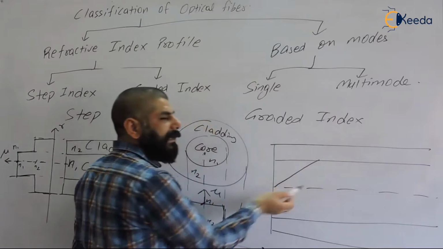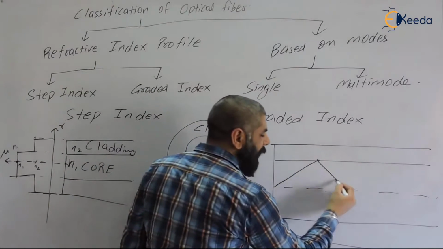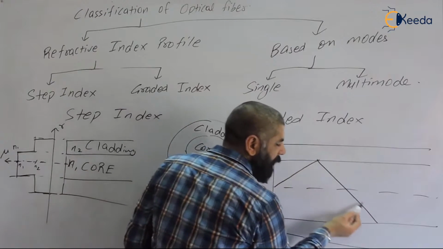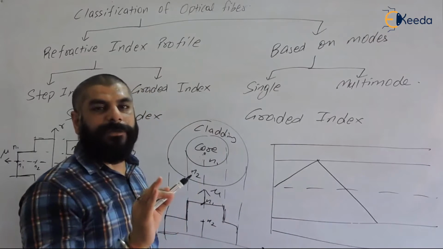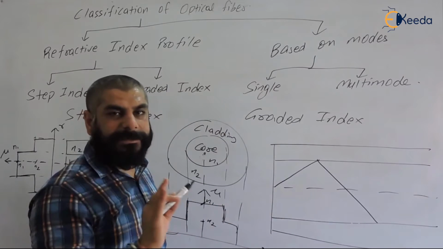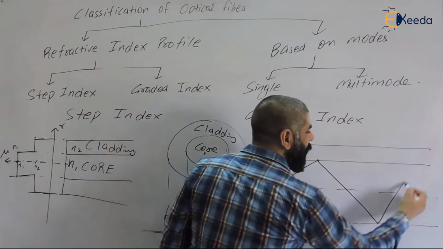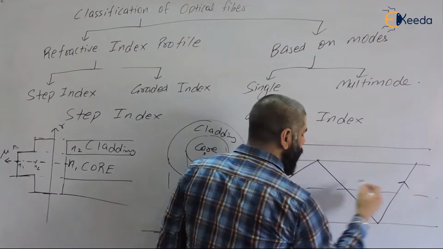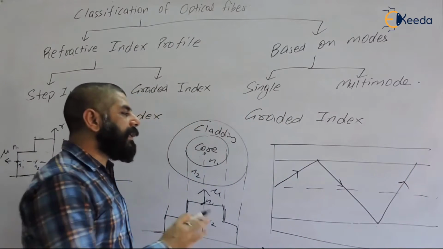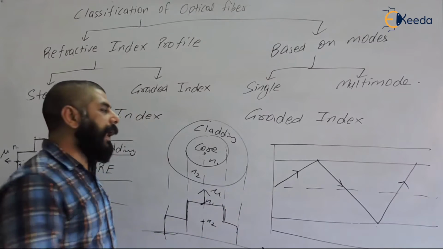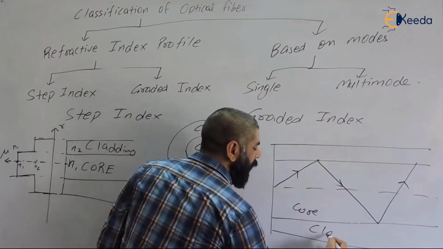But at the core cladding interface, we know that total internal reflection takes place. So it will bend in the same medium, and again it will travel in a straight path because there is no change of refractive index. There is no change of speed of light or bending of light, but at the core cladding interface it will bend due to total internal reflection. So light is traveling in a triangular path. In a step index optical fiber, light travels in a triangular path. This is our core, this is our cladding.